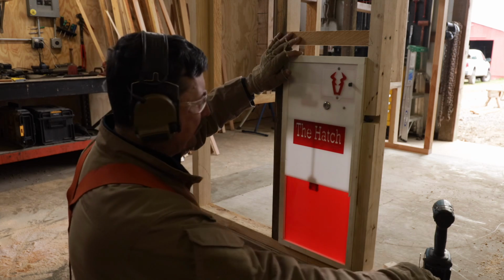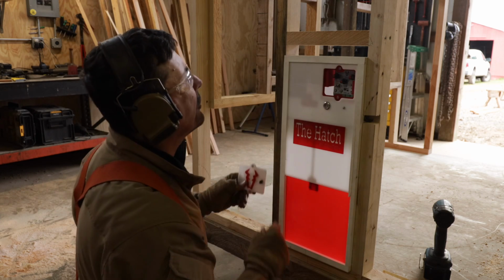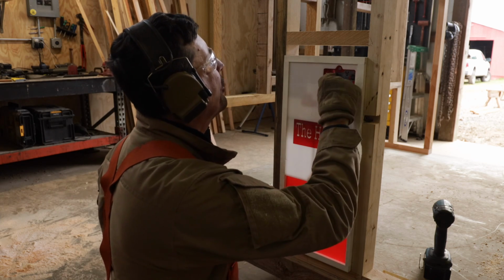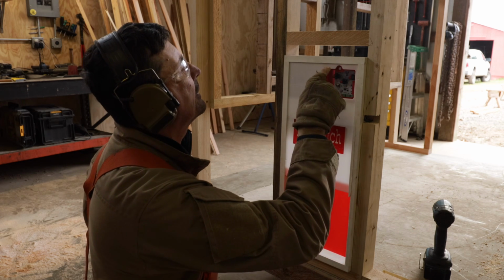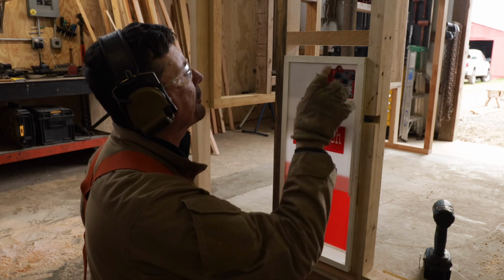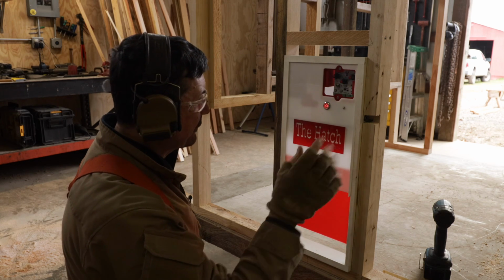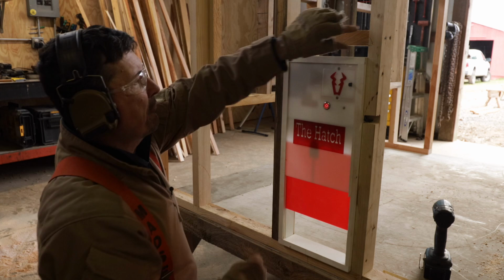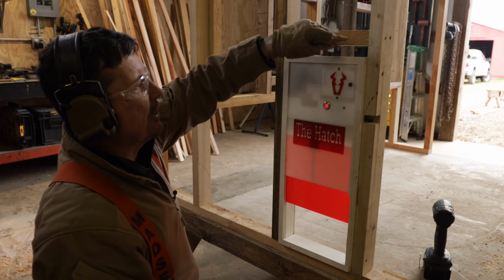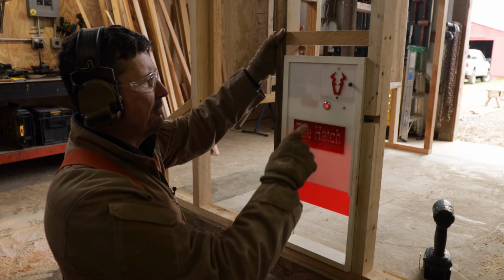So let's see. This is the controls here, so we can set up, we can override, open, close. We can have it stay closed at certain temperatures. Looks pretty self-explanatory. I framed this in here an inch higher, this piece right here, because